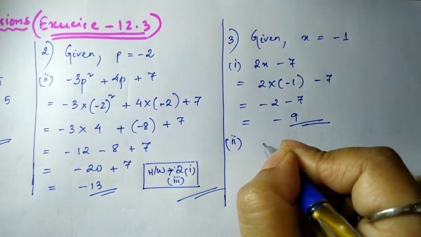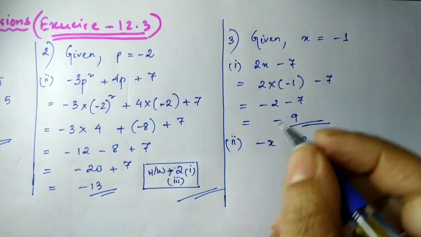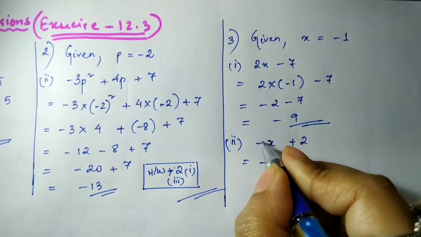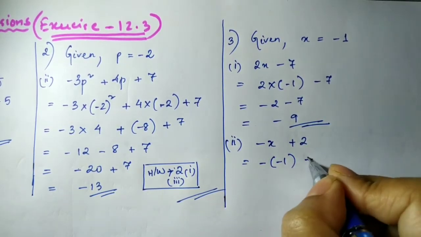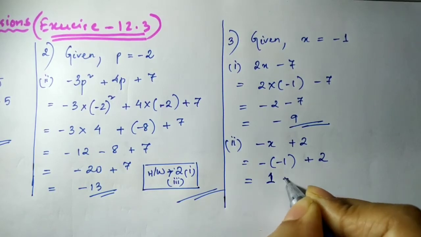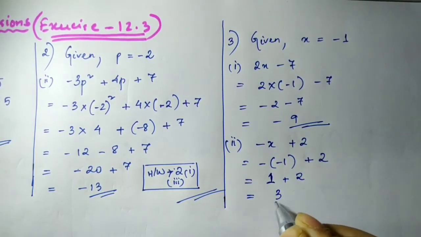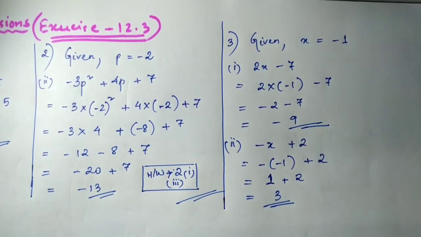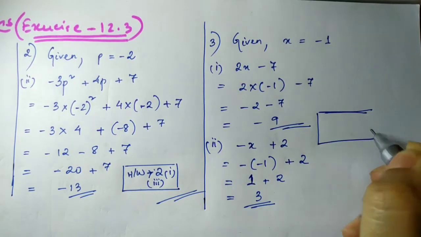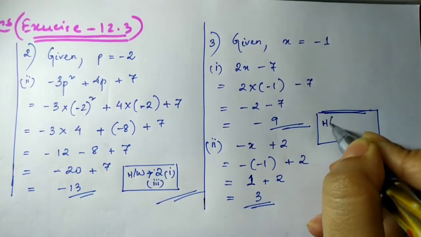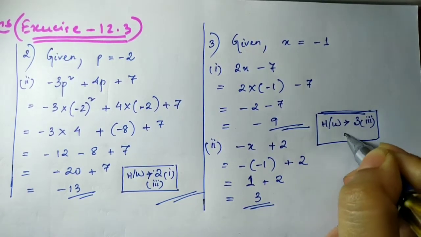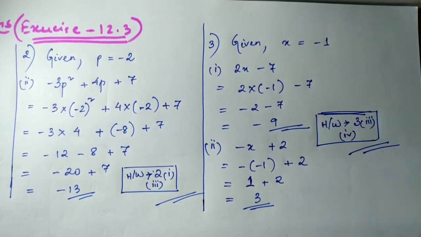Number 2 is given as minus x plus 2. Minus x is given as how much? Minus 1. So minus 1, this minus was already there, and x is minus 1, plus 2. Minus minus will become plus. Okay, so 1 plus 2 is equal to 3, and this is your solution. In this way you can try the other 2. You have question number 3 and 4. That can be your homework. Question number 3 and question number 4, you can try it as the homework.